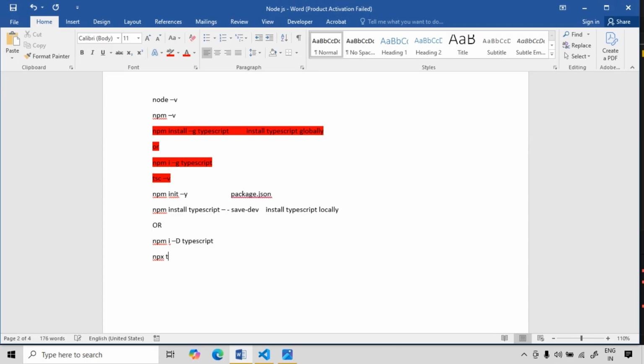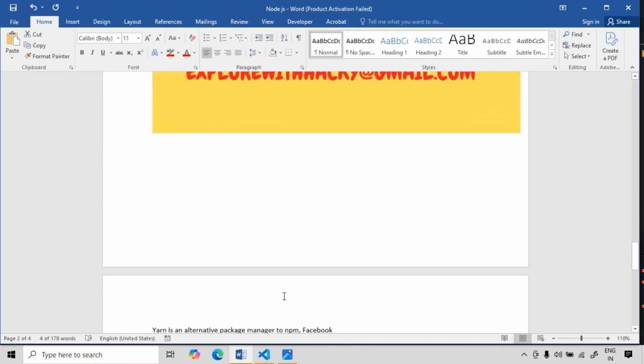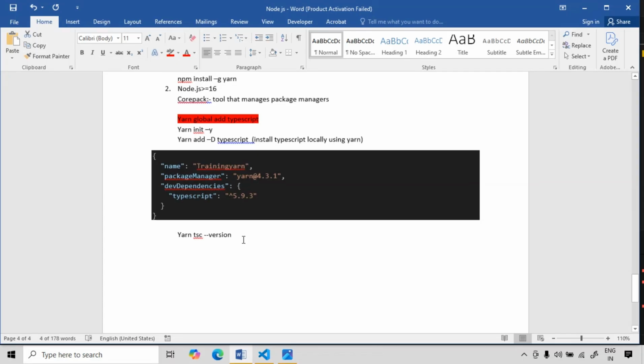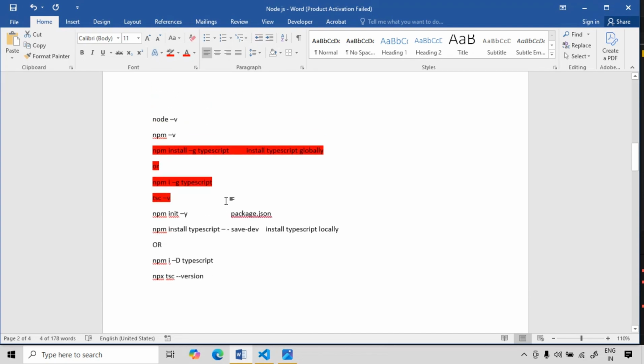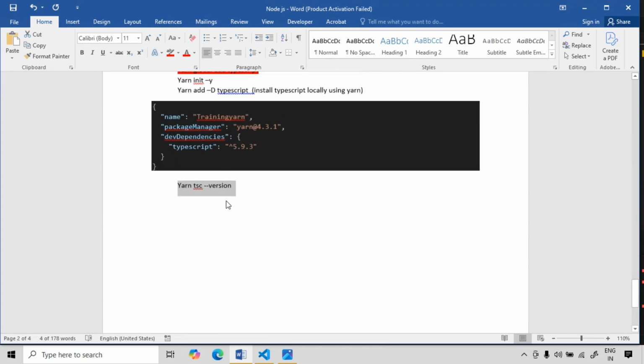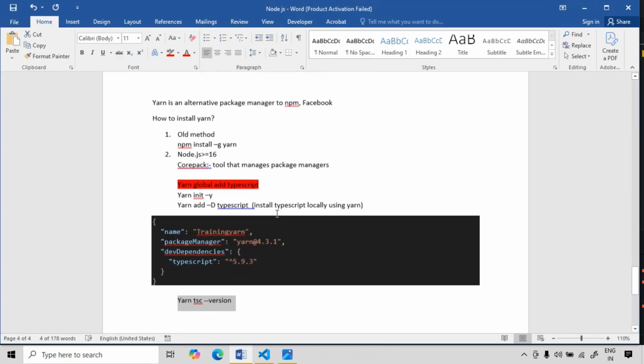Here you will check with npx. Okay, so this tsc version, this yarn tsc version, people are using npm, people are using yarn. pnpm is the fastest, but we will cover our things with yarn. So till this point your system should be ready, so that in the next session we can run our first